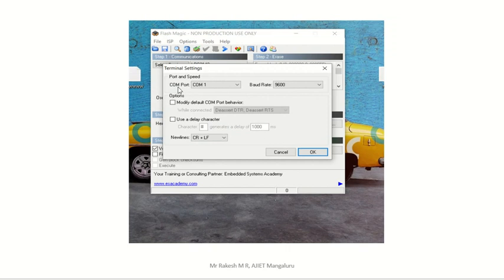There you have to select the COM port. Whichever COM you selected previously, give the same COM here also. And baud rate also 9600, that is fixed. Then click on OK. Then you will get another blank screen, either white or black, just a blank screen.